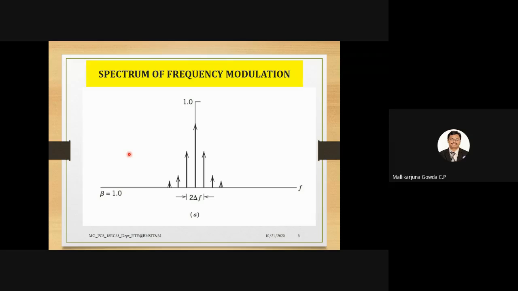You all agree with me? Yes. Delta F is the frequency deviation. What is the expression for delta F you have written so far? It is KF into AM, right? Anybody remembered that expression, delta F is equal to KF into AM? Yes, sir. Only Prithvi says yes. What about others? Prajwal?